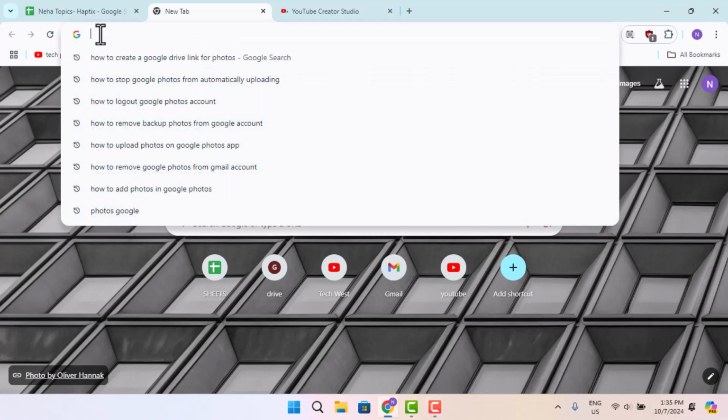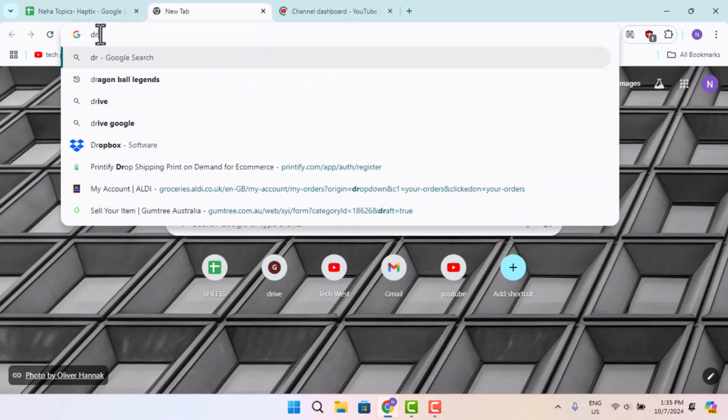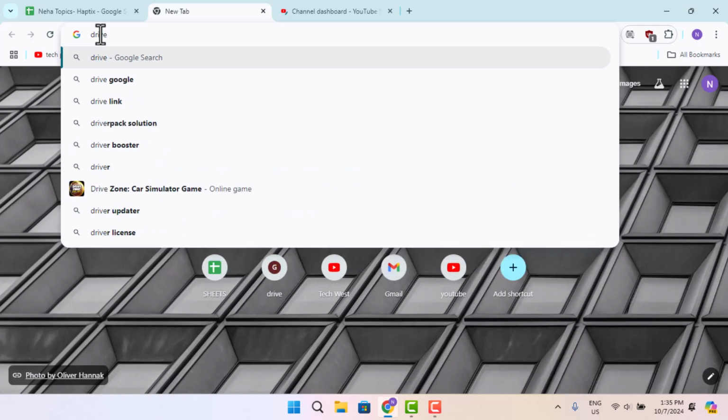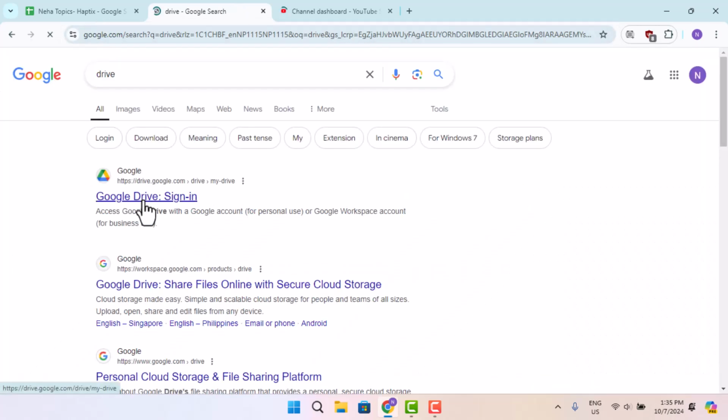In this video, I'm going to let you know the ways to create a Google Drive link for photos. To create a Google Drive link for photos, it's a very simple process. You have to open up your Drive. So go ahead and type in Google Drive, or you could just type in drive.google.com and log in to your